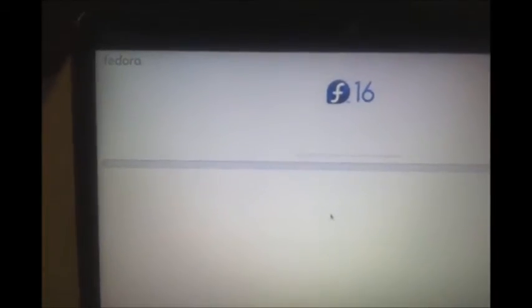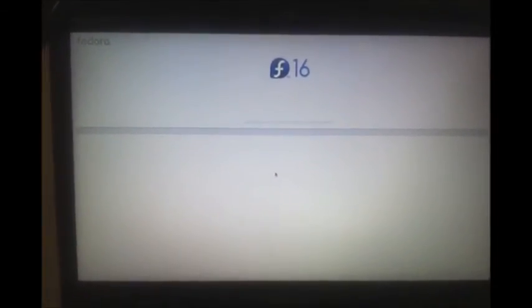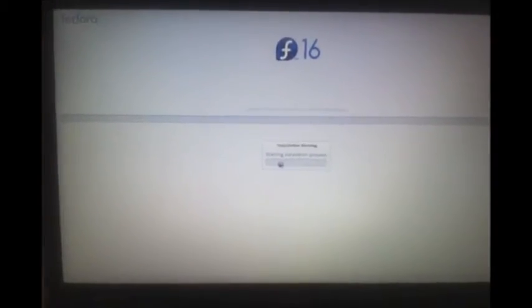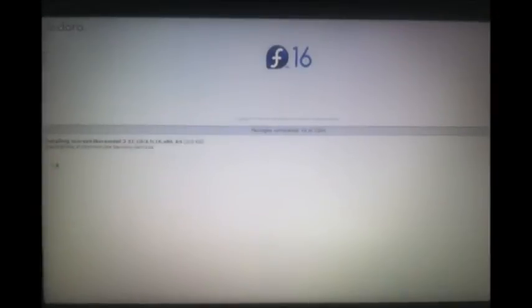After the dependency check, it will load all the packages and install them in your system. All the packages you have selected during the customize now option will now be installed in your system. Now you can see that the installation process has started. After a few seconds, the packages will get installed and the operating system will start booting. After the installation process has initialized, Fedora is showing the packages that are being installed in the system. After the bootloader is installed, the CD will come out and the system will reboot.